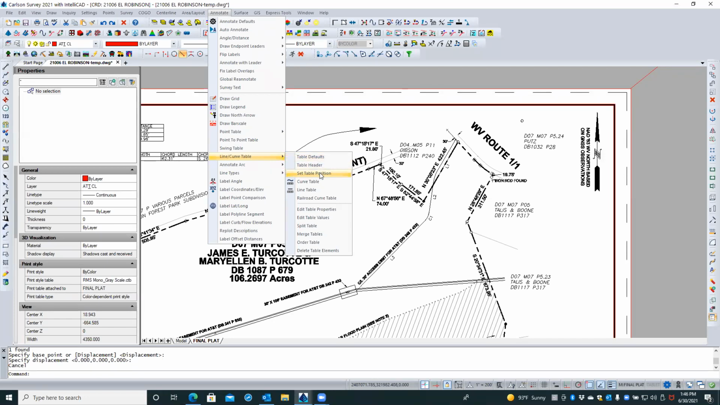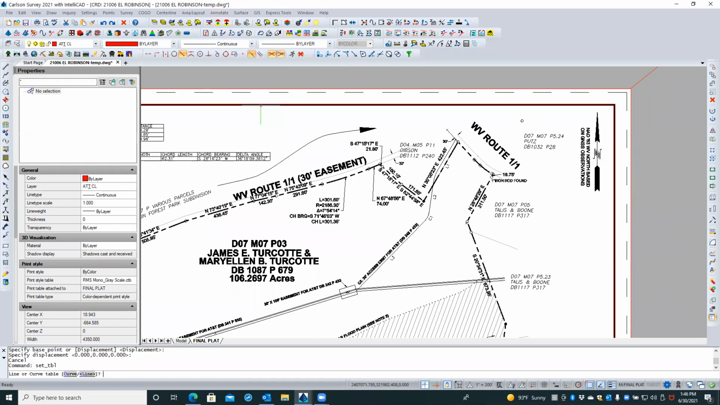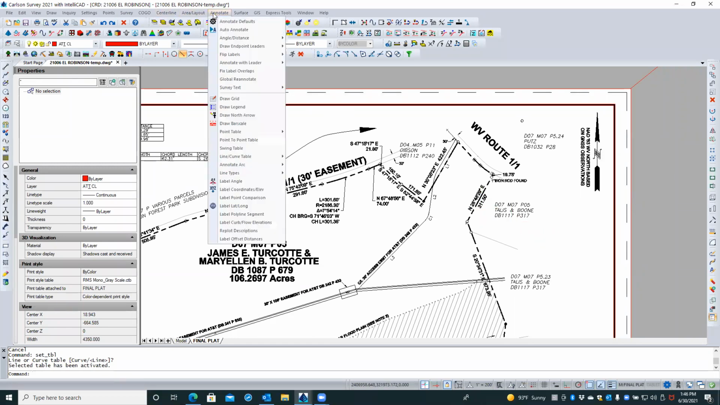All right. And it says line or curve table. So if you type L for line. Right, just hit an enter, right? Oh yeah, that's right. Selected table has been activated. I'm not sure what that's going to do. All right, let's try it again. We didn't have a selected table. All right, let's go back to that same pull right, which is line and curve table,